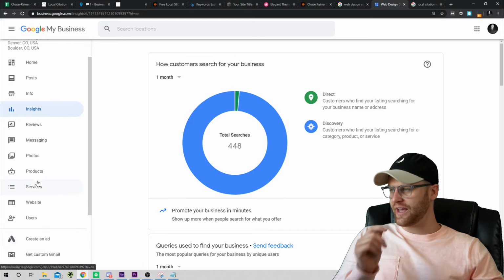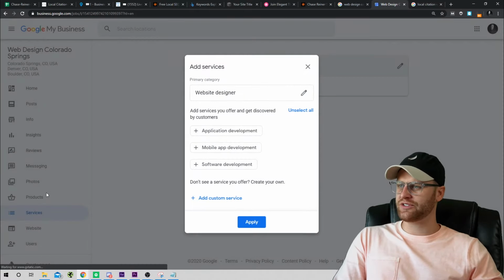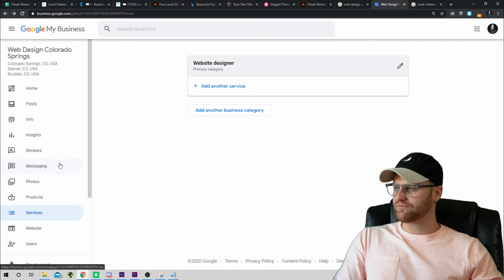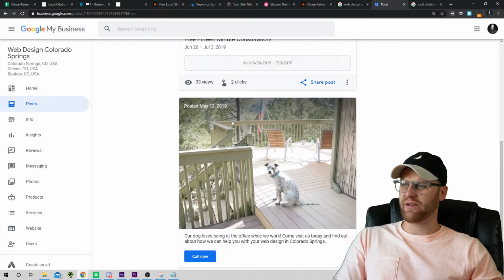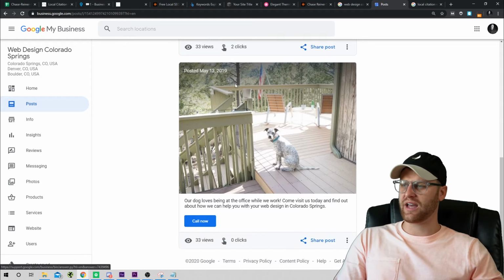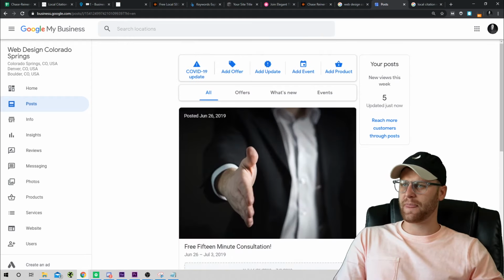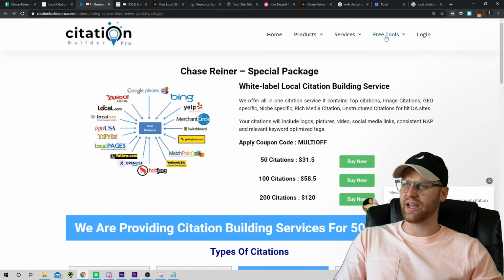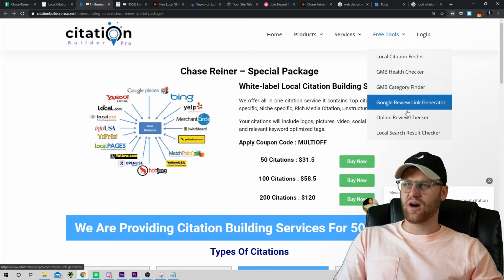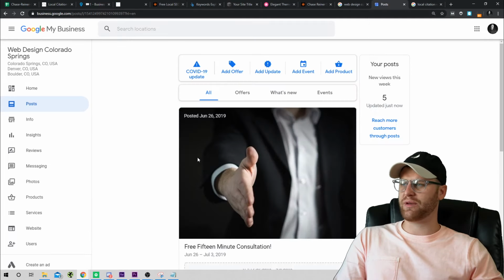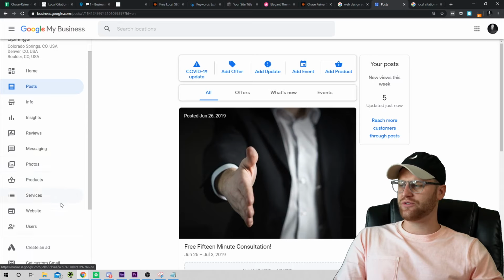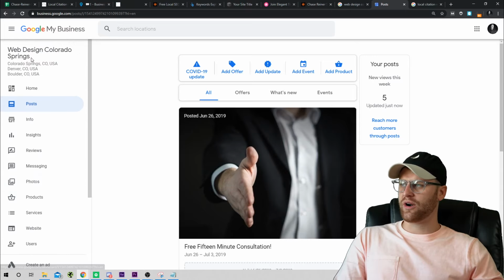Besides photos, you can add things like services and posts and that kind of thing. I don't really mess with this stuff. I have experimented with it, but for the most part, I don't know how important it is. I think the Citation Builder Pro people do have an auto poster for GMB, I believe. I need to actually do a review on that. But for the most part, as long as you're getting your pictures in there and you're responding to reviews,